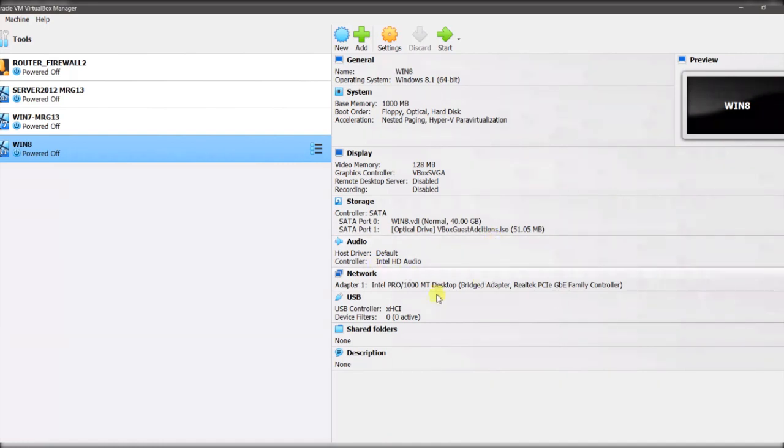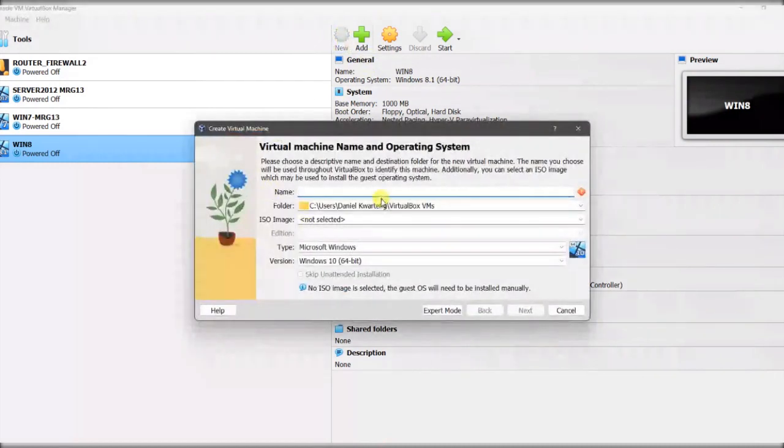Welcome to VirtualBox tutorial. Today we are looking at how we can create a new machine in VirtualBox with an existing virtual hard drive. So that is what we are doing today. So let's start. So first of all, we go to New,